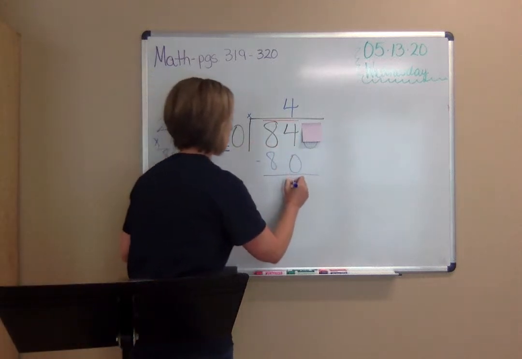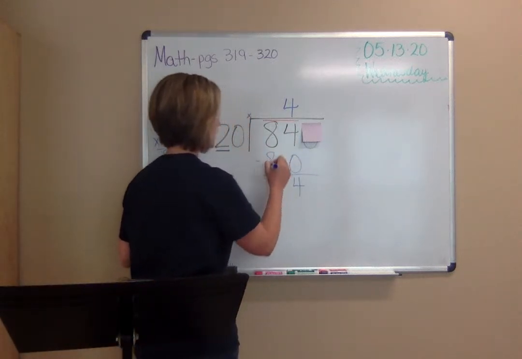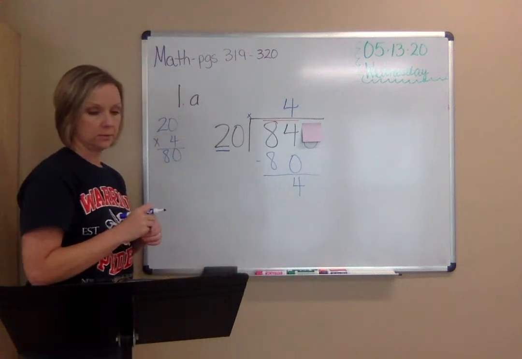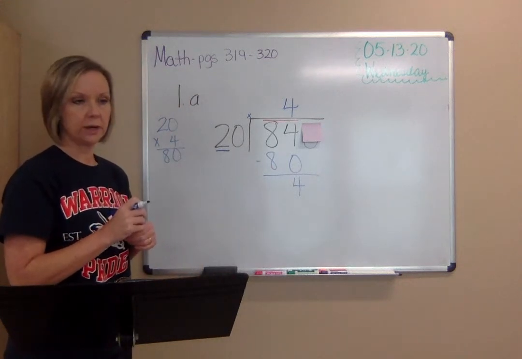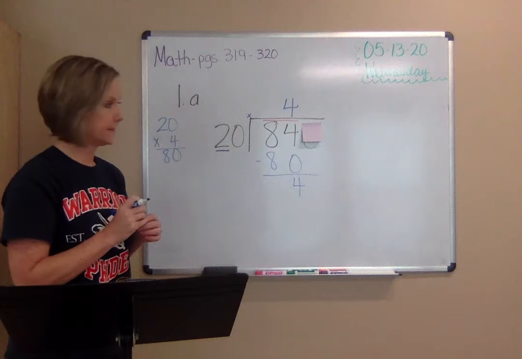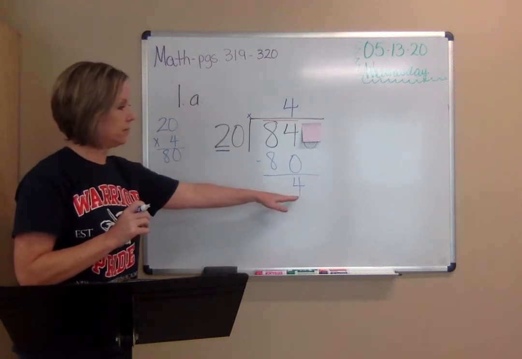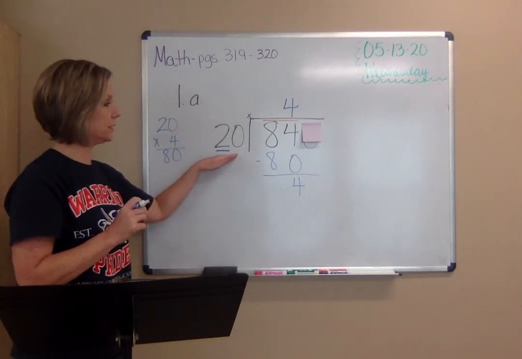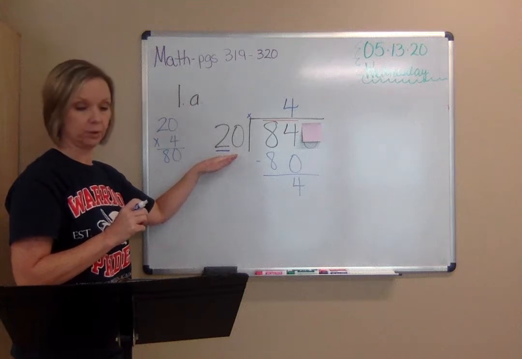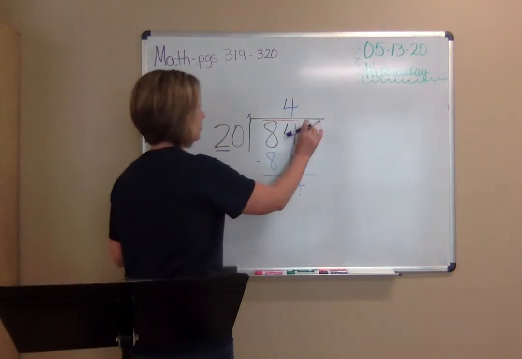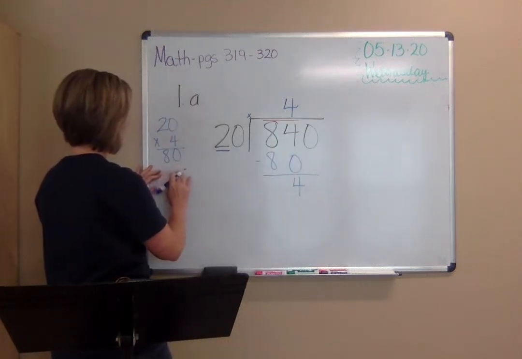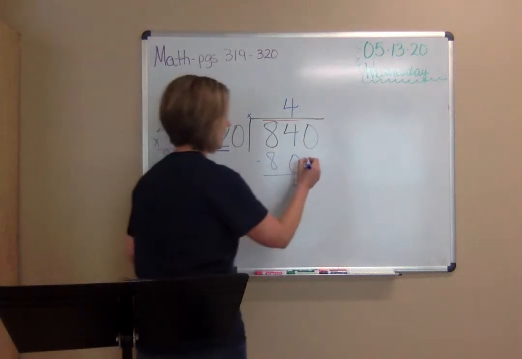4 minus 0 equals 4. 8 minus 8 equals 0. I'm not going to put that 0 there. It's getting to be too many numbers. We compare. 4 is smaller than 20. Good. So now, our new process today is we bring down